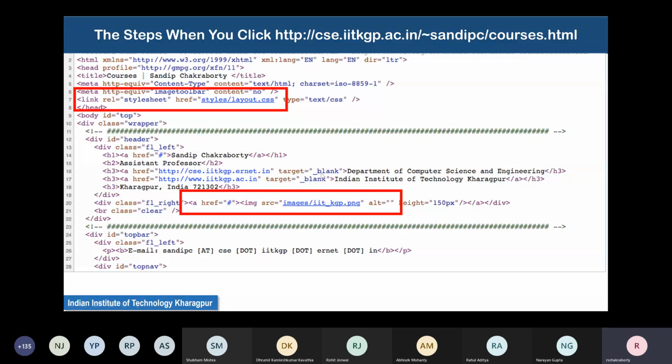For example, there is a link Department of Computer Science and Engineering, which is probably in hypertext font. That points to csc.iitkgp.ernet.in. Then there is Indian Institute of Technology, which is an embedded URL called http://www.iitkgp.ac.in.